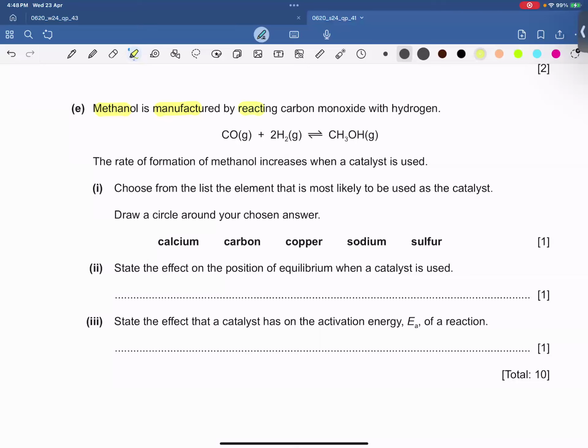Methanol is manufactured by reacting carbon monoxide with hydrogen. The rate of formation of methanol increases when a catalyst is used. Choose from the list the element that is most likely to be used as a catalyst. Draw a circle around your chosen answer. So when catalyst,